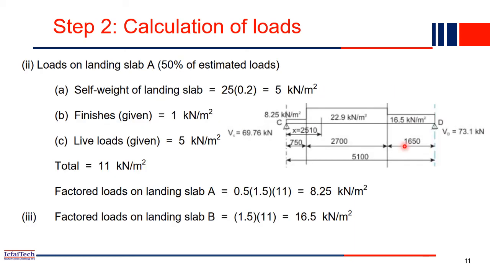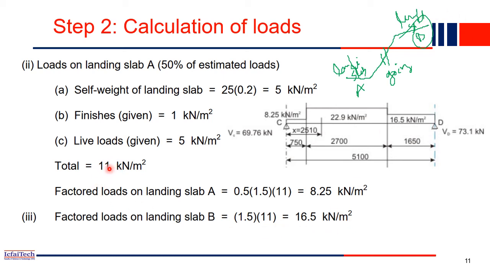Okay, so now loads on a landing slab. So we have two landing slabs, right? One is at the bottom side, so we have two landing slabs, so something like that. So this middle portion we call it going, and this is our landing slab A and landing slab B, right? So landing slab A, how much load will be coming? It is approximately, you can choose 50% of the estimated load. So same thing, floor finish and all you add it, here you get the 11, and factored load for the landing B is here. This is also, just total is 11, so multiplied by